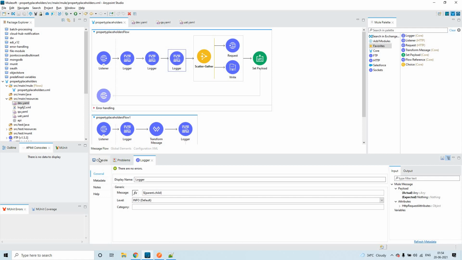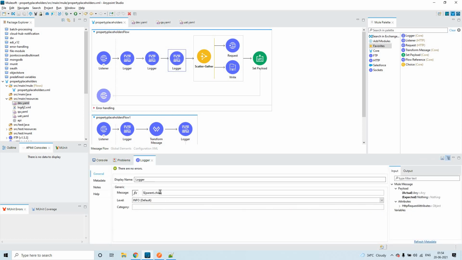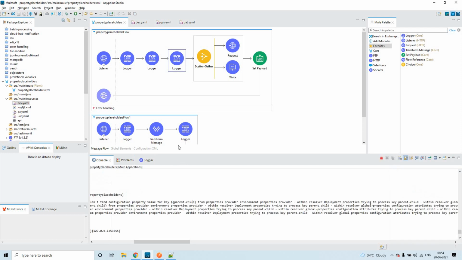This is a kind of disadvantage with the dollar. At the time of deployment itself, it will check whether this particular property is present in the YAML file it is pointing to. That is the disadvantage of using this dollar.